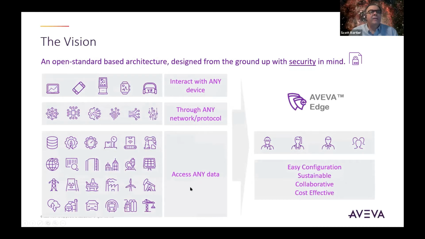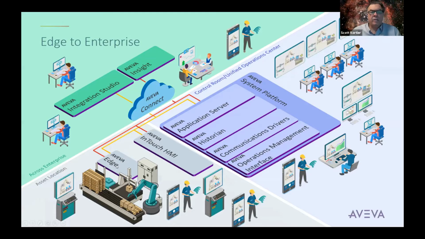The idea is we want to be able to get at any data through any different protocol, any different network, and then get that information up into a place where you can use it. And I say up, I basically mean to a place where that data helps you do something with it. For each of us, it's a little bit different, whether you're in manufacturing, whether you're a machine builder, whether you deal with a process, whether you're a utility, power, infrastructure. The idea is that we're doing something or making something that's making a profit or making somebody's life better. And the general idea is to be able to get information to some place where you can use it.